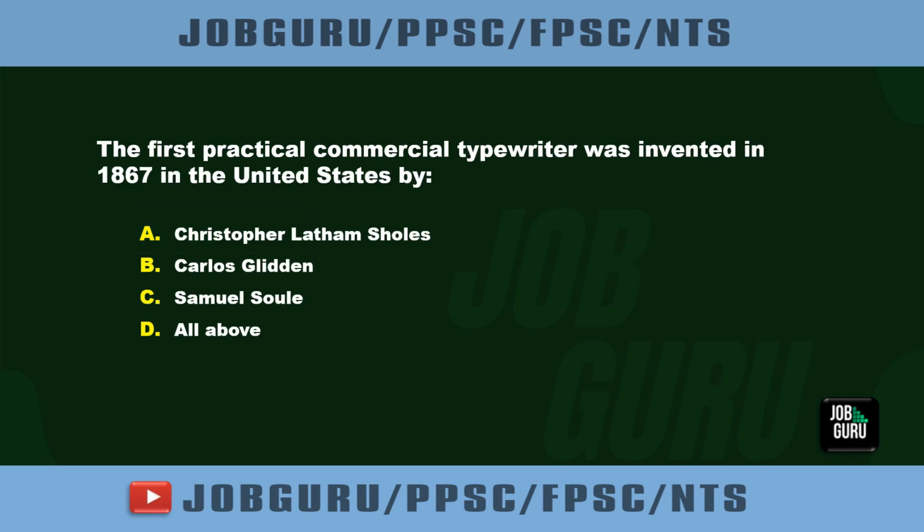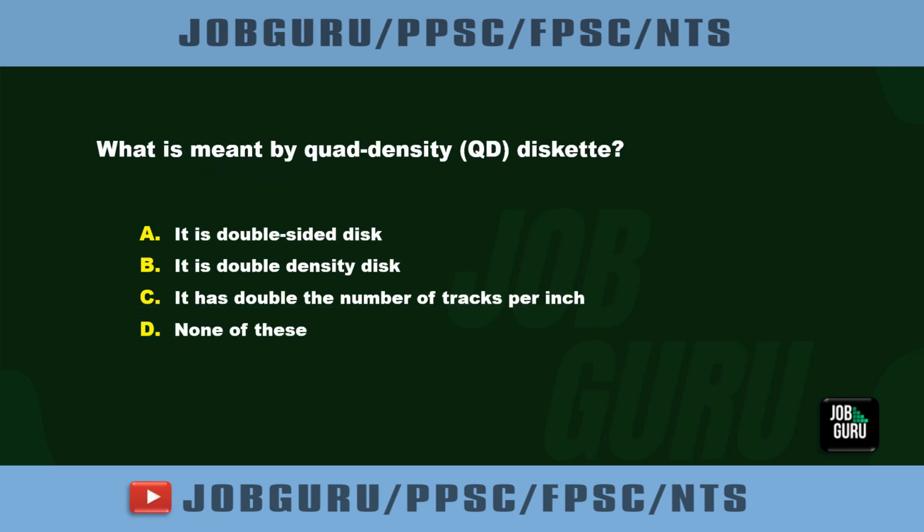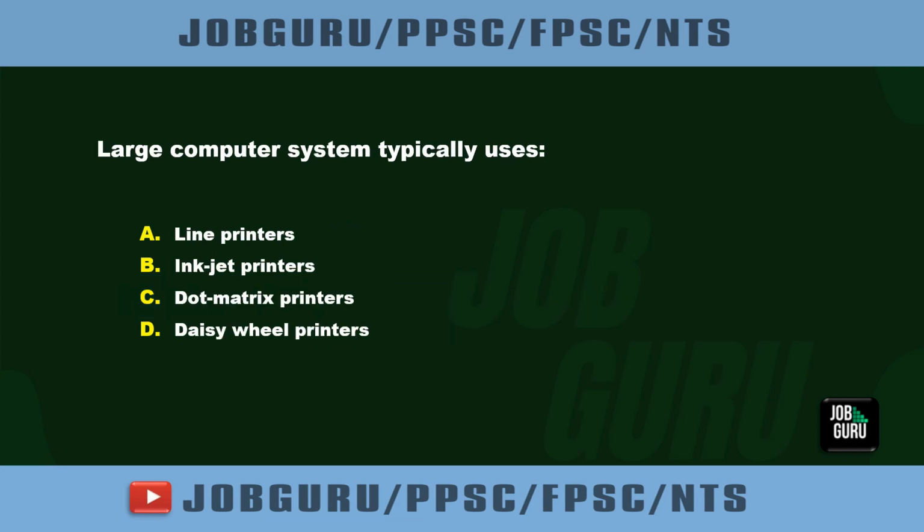The first practical commercial typewriter was invented in 1867 in the United States by. What is meant by quad density, QD, diskette? Large computer system typically uses